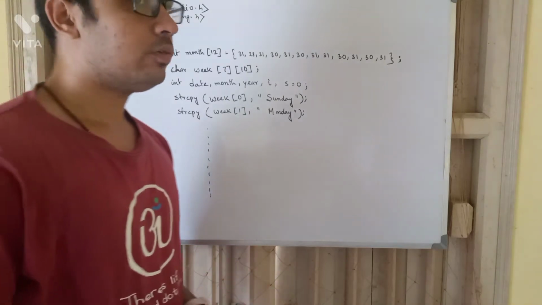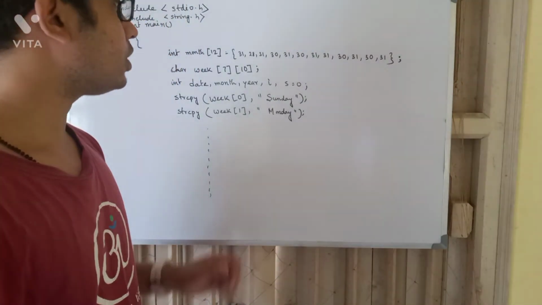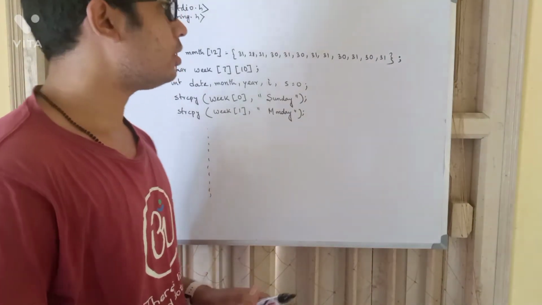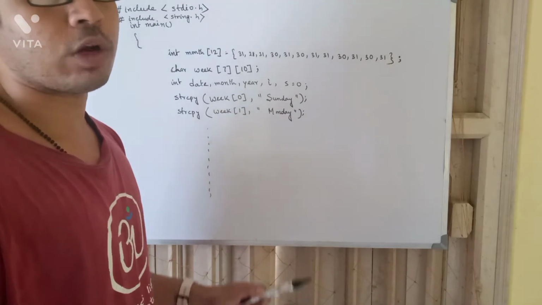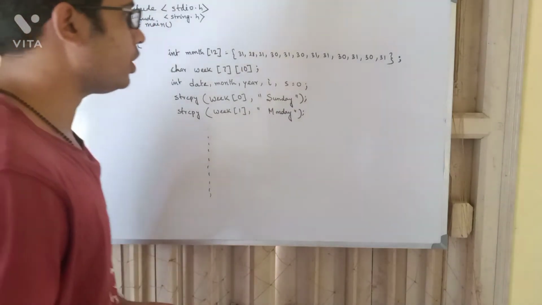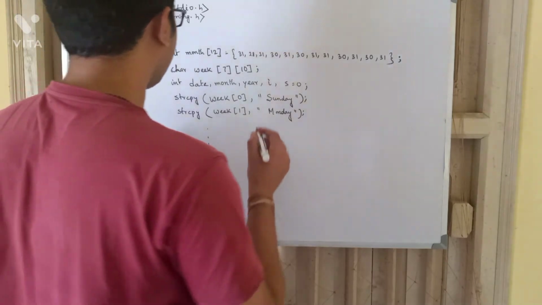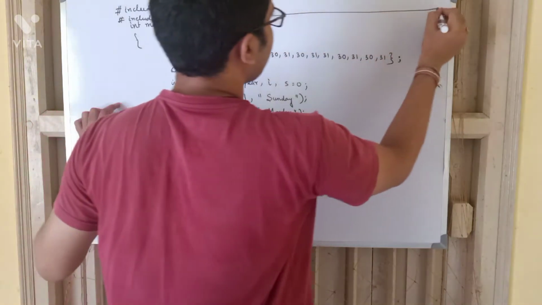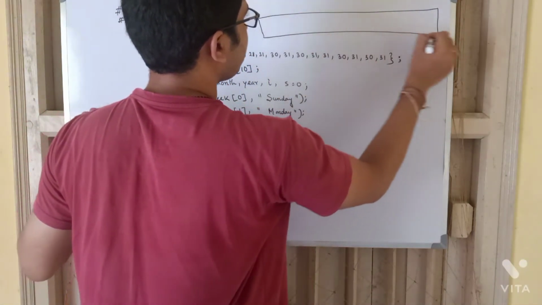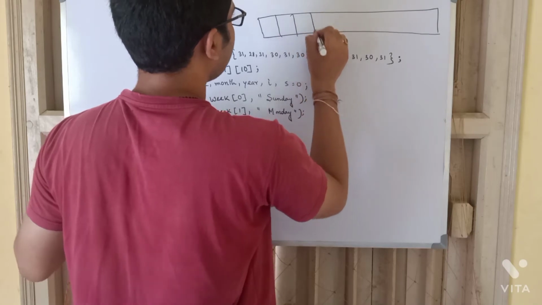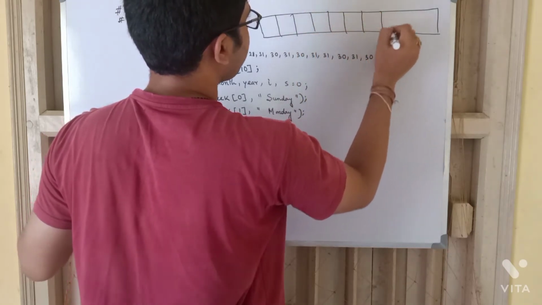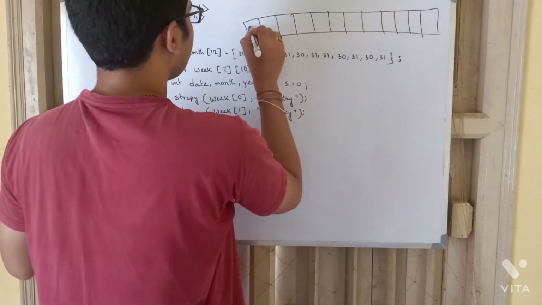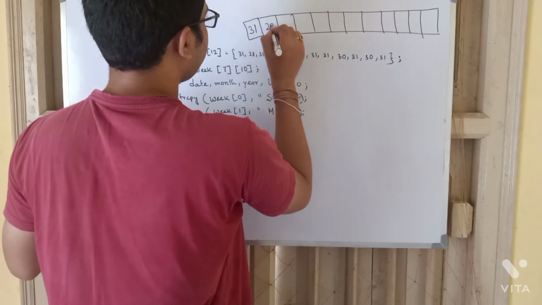This is the first part of the video. In this part we will discuss how the variables are initialized and how the arrays are created, the blueprint of the program we will analyze. First we are creating a month array. That month array will have 12 elements, 1, 2, 3, 4, 5, 6, 7, 8, 9, 10, 11 and 12, and all the months will hold the last dates.